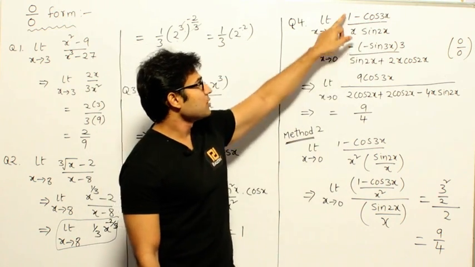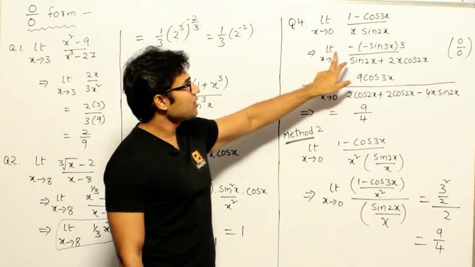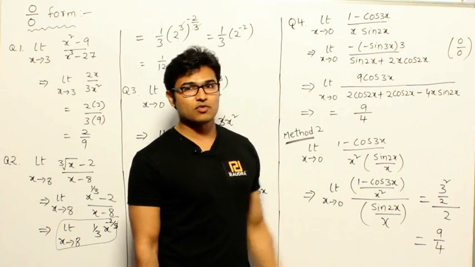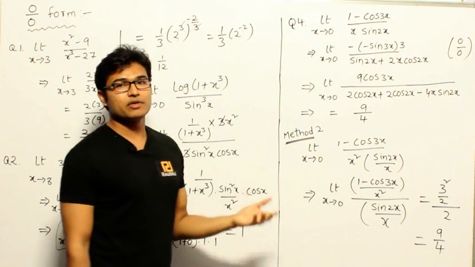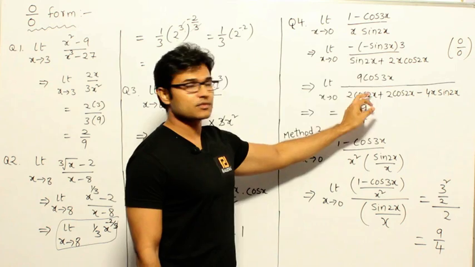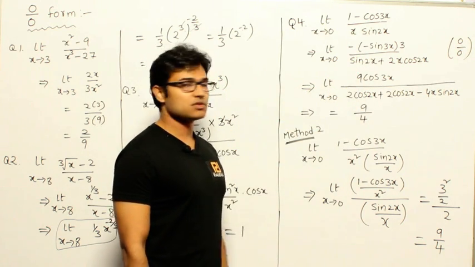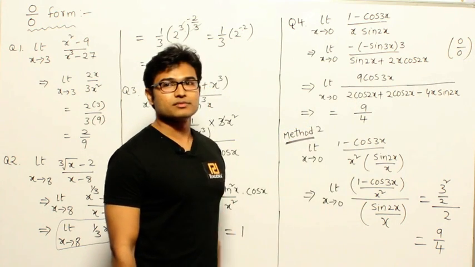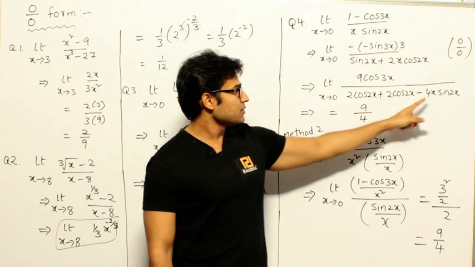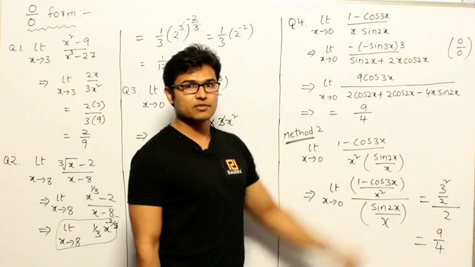Now if you apply L'Hospital rule, differentiate this one and differentiate this one. Yes, I have differentiated both of them, and again if you try to put limit x tends to 0 here, you are again going to get 0 by 0 form, right? Now what should we do? Differentiate it one more time. So when I differentiate it one more time, I got this expression. Now you substitute limit x tends to 0, you are going to get 9 by 4, right? Why? Cos 0 is 1, and again cos 0 is 1, cos 0 is 1, and this one is 0. Therefore 9 by 4.